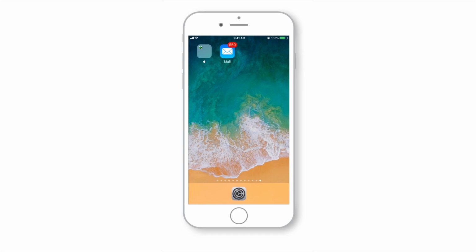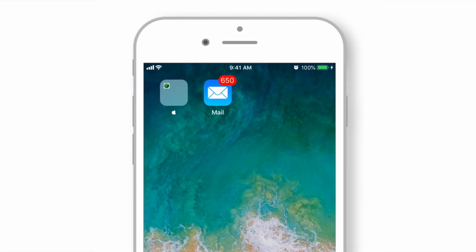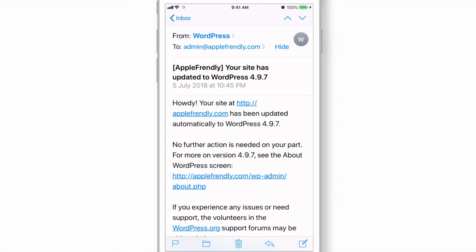Today we'll see how to manage quote level in Mail app and forward the old message or someone else's message as if it was a new message. So supposedly, this is any random mail on your iPhone. You received it from someone. Now, when you forward this mail,